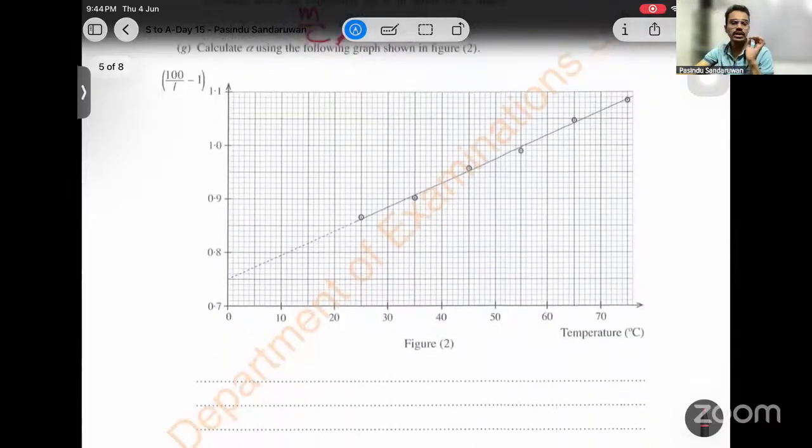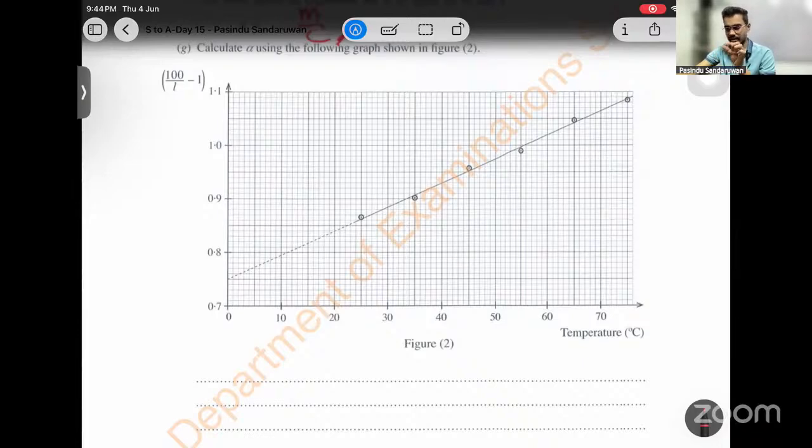Then when you are selecting, listen, when you are selecting 2 points to find the gradient, we can't take any marked points here. That is the first rule. You can't take any marked points here, and you have to take any two other random points, and